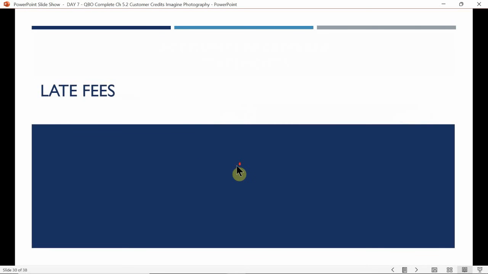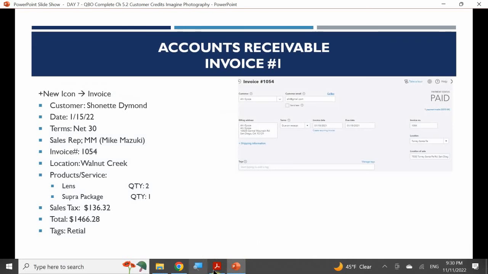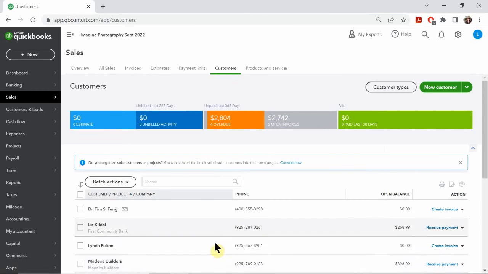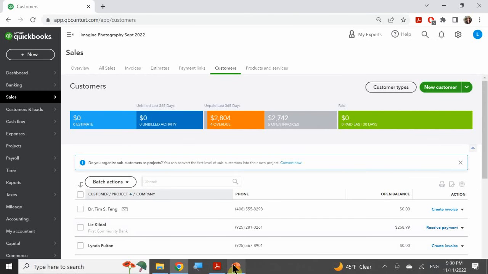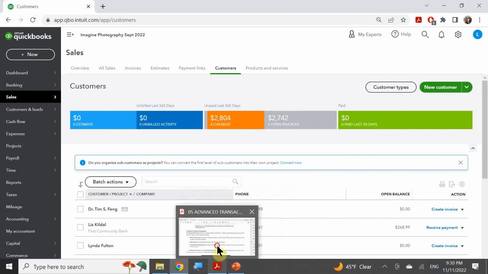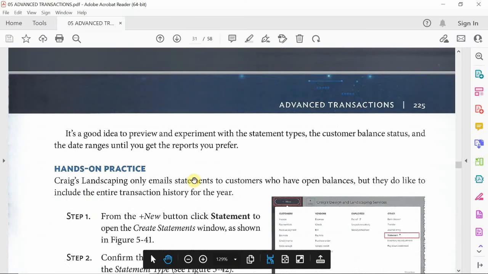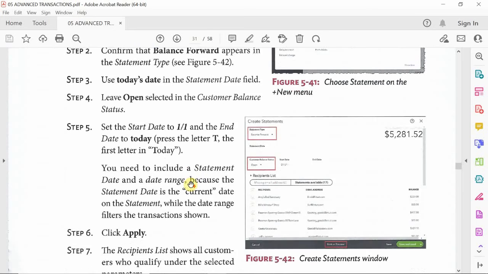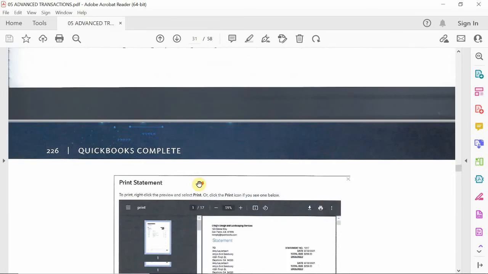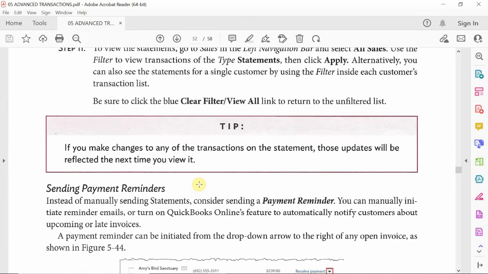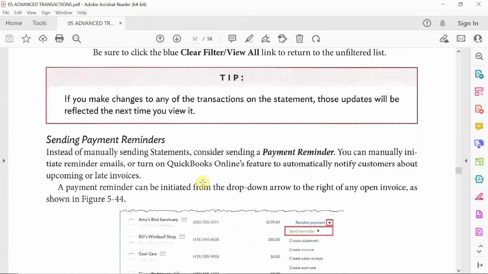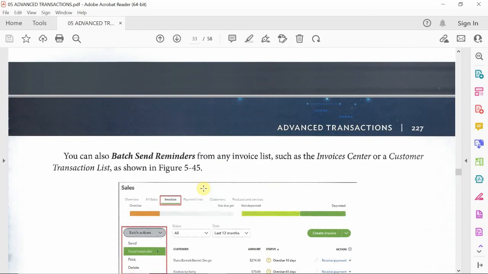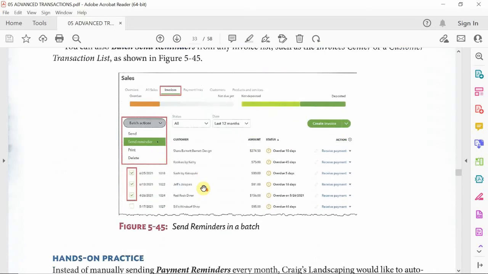Next thing we're going to talk about are late fees, okay? Now, oftentimes when a customer decides to miss a payment or they don't pay on time, or they only did a partial payment but didn't pay the rest off, for whatever reason that you want to justify a late payment charge or a late fee, you can do it for whatever circumstances you want, right? It's your company policy